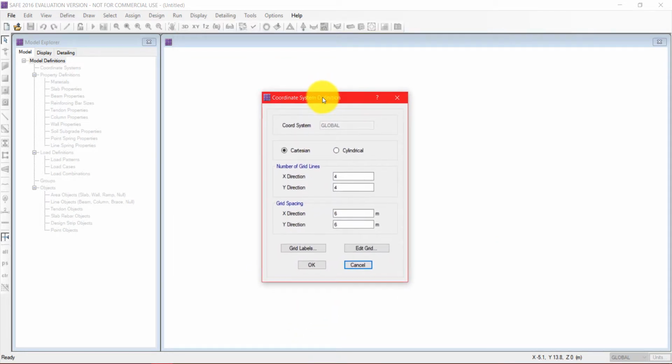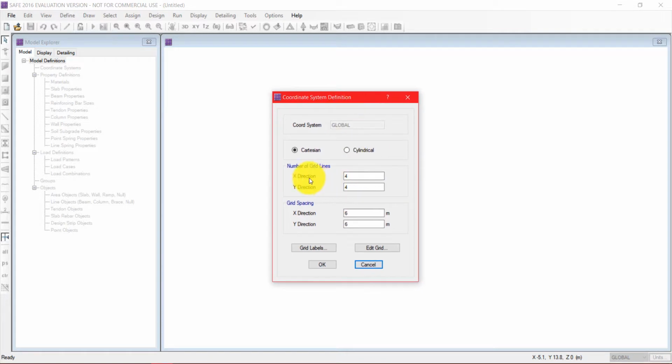Now we'll be defining the grids. In the X direction, we'll be taking 19 grids, and in the Y direction, we'll also be taking 19 grids. These grids are taken as one extra. So we have 18, that is 6 plus 6 plus 6 equals 18. 18 meters is the distance of the footing, and we'll be taking 2 meters later, which will be for the foundation part. So for now, we have taken 19 in the X direction and 19 in the Y direction. The spacing we'll be taking in the grids will be 1 meter in both directions.